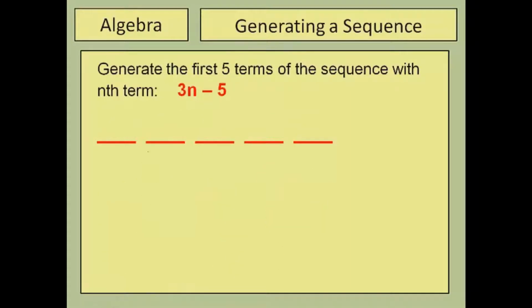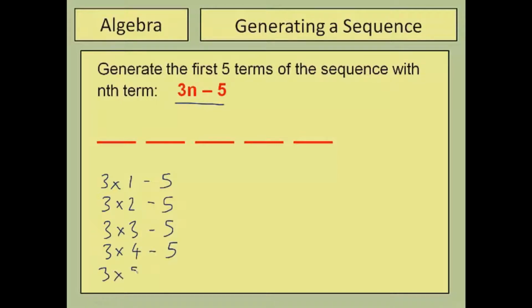Right, let's have a look at a different example, 3n minus 5, and again we've been asked to find the first 5 terms, so you do exactly the same thing, you substitute in the first 5 numbers, 1, 2, 3, 4, 5. So we're going to do 3 times 1, and then take away 5, then 3 times 2 for the second term, take away 5, 3 times 3, take away 5, 3 times 4 for the fourth term, take away 5, 3 times 5, take away 5, and then work these out, and these will give us our first